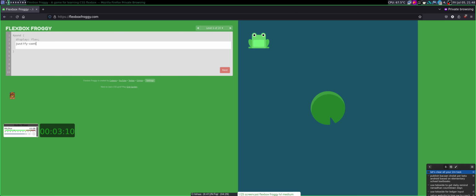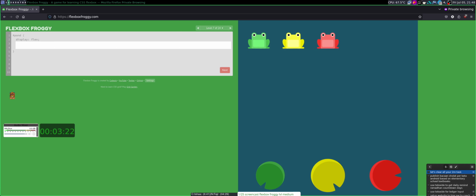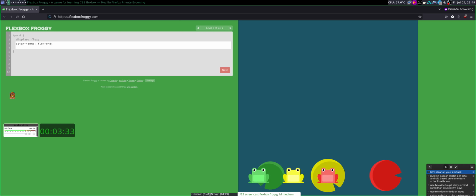Still the same, but need to do it for both, the main axis and the cross axis. Let's move it to the bottom first using align-items flex-end. Now we need to justify it in the main axis. Space around.